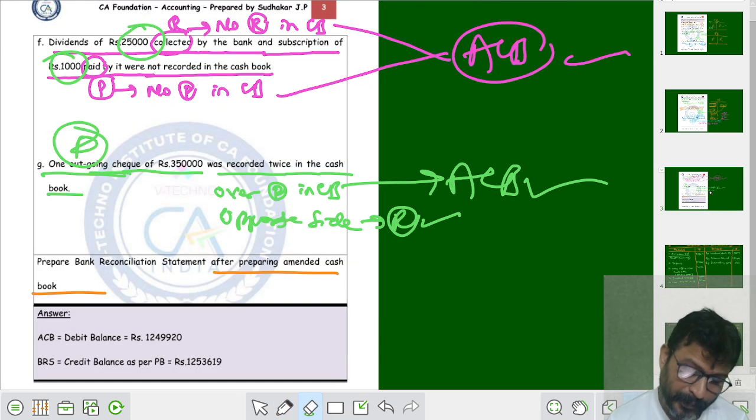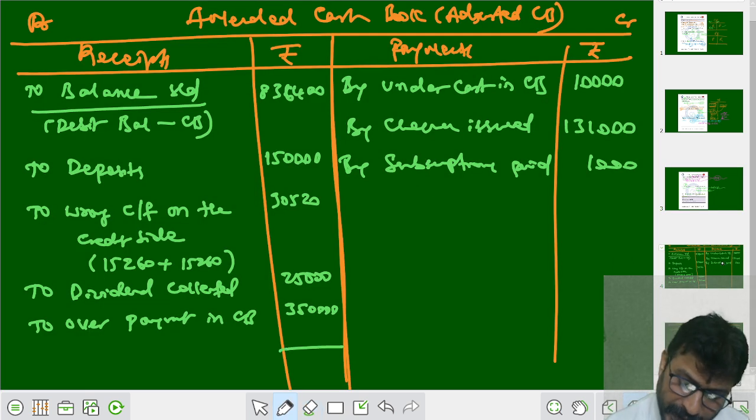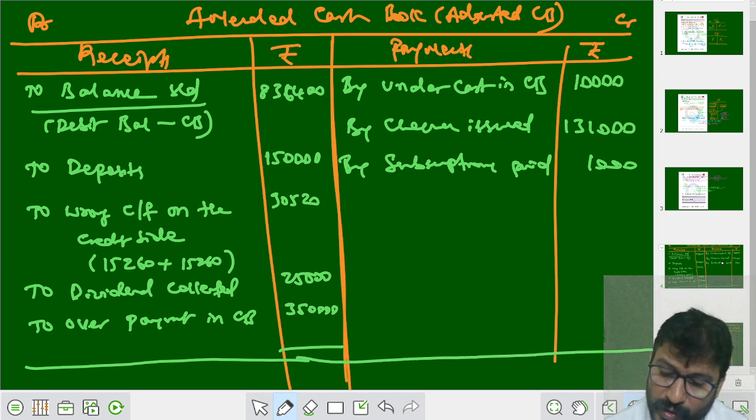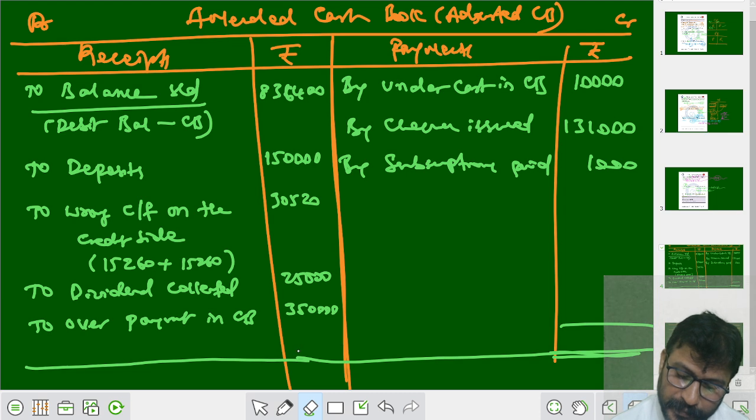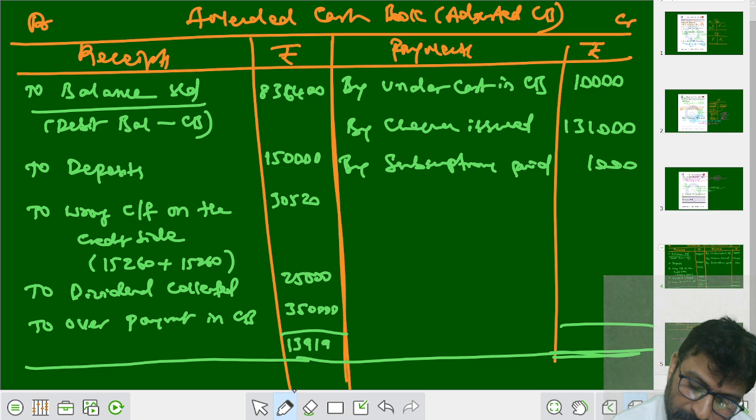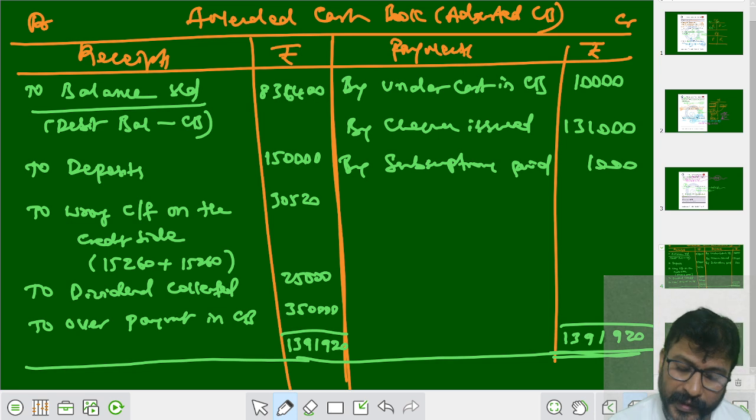See what happened? Prepare a bank reconciliation statement after preparing the amended cash book. Now the amended cash book is also ready. This BRS is also ready. Now we have to close and find out how much total we are getting. See, what about the total that we are getting? Use the calci. Work out the total of debit. The total of debit comes to 13 lakh 91,920. 13 lakh 91,920. Here credit side we have to write